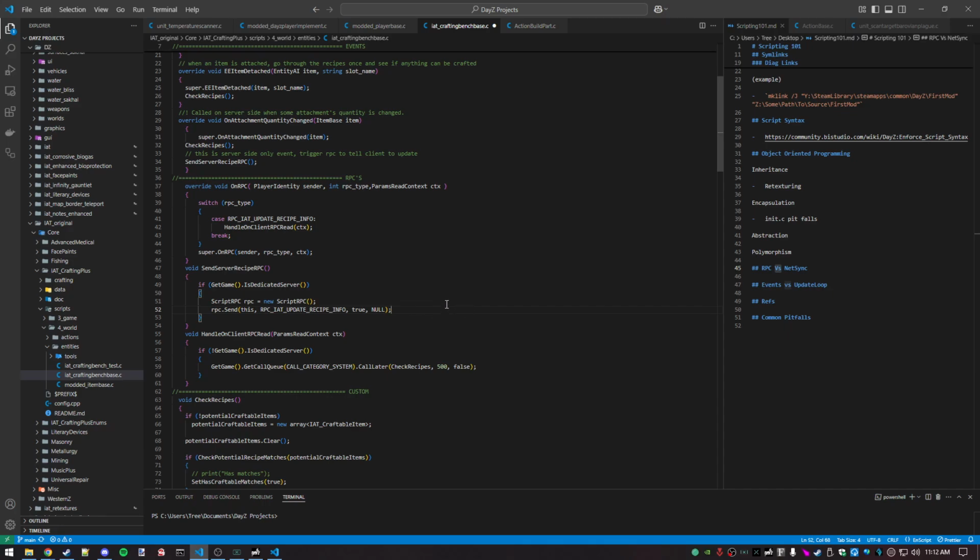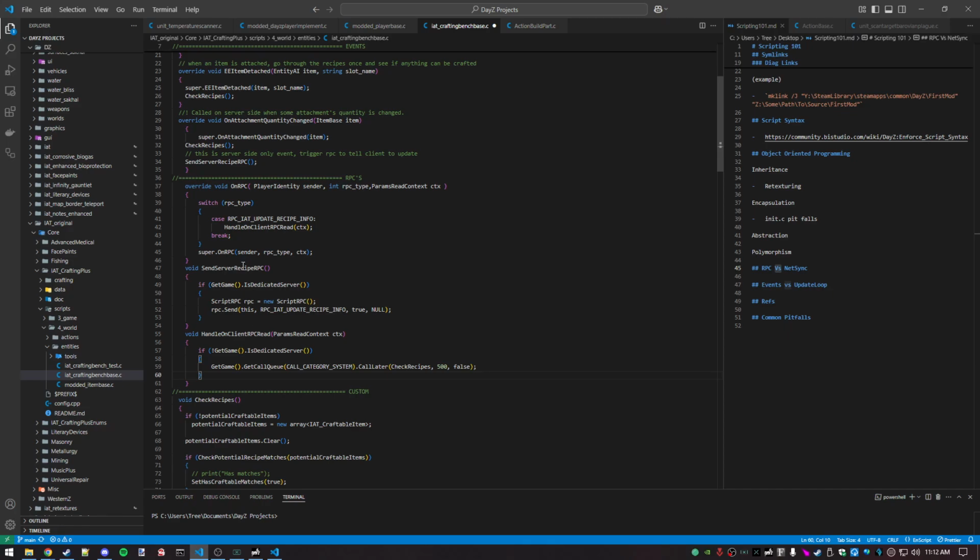The user is able to attach items to the bench and then scroll through a list of items. Now, the important thing here is when I attach things to a bench, I need to be able to update the recipes that are shown on the client. And so I have an RPC to handle this mechanism of what is available and what can the player